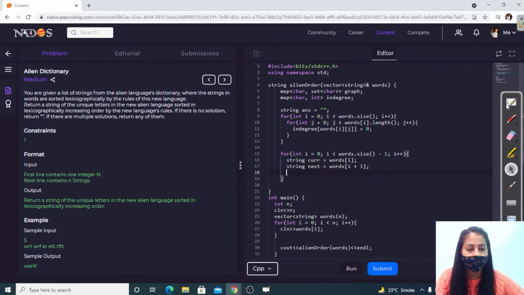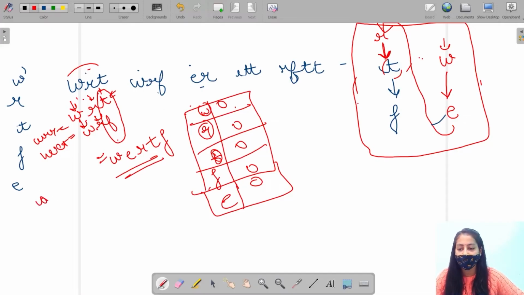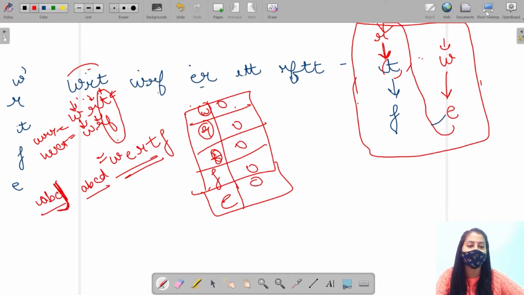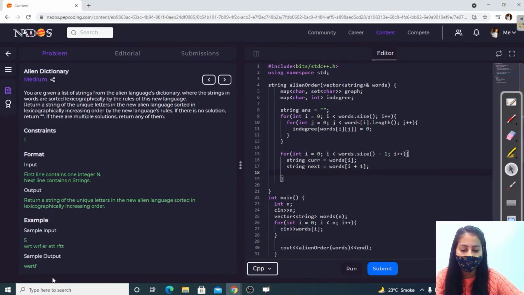Now we discussed that if these two words are present, then we have to traverse for the smaller length. Why? Because if the smaller length word is present, it must be before the greater length word, right? So let's find the length of the smaller word. It should be the minimum of the two lengths, right?